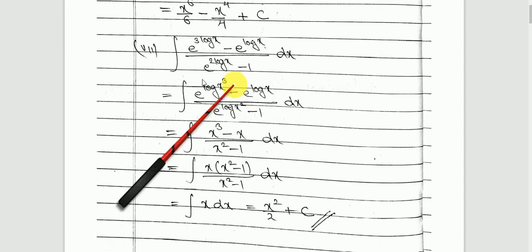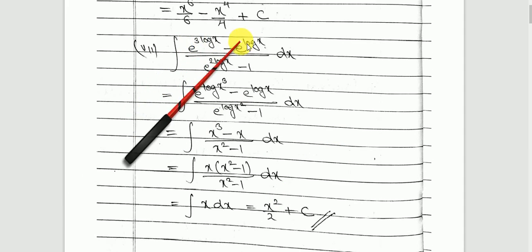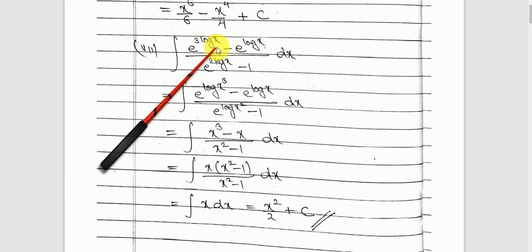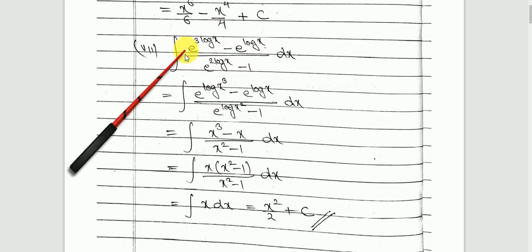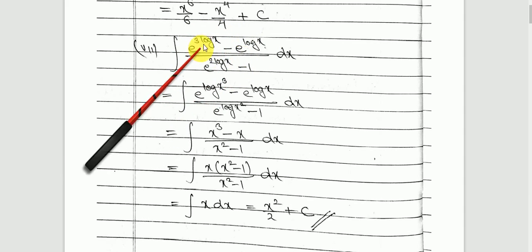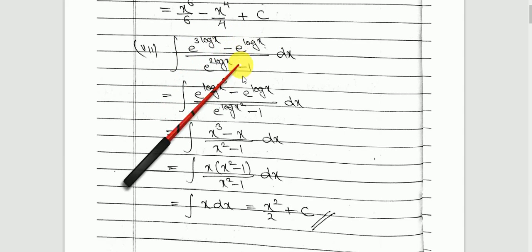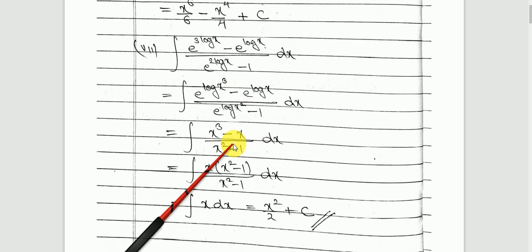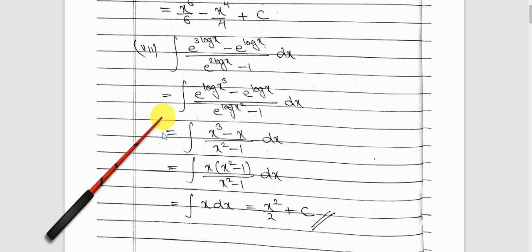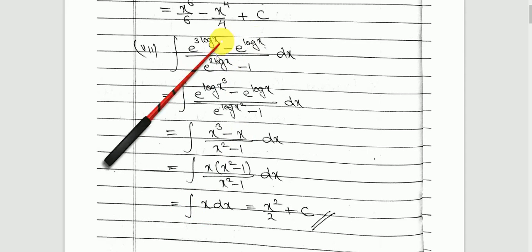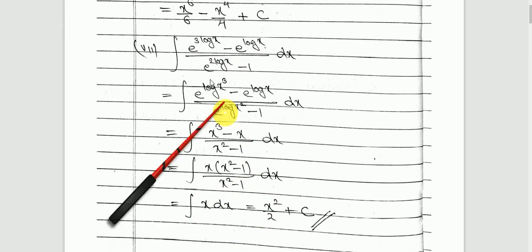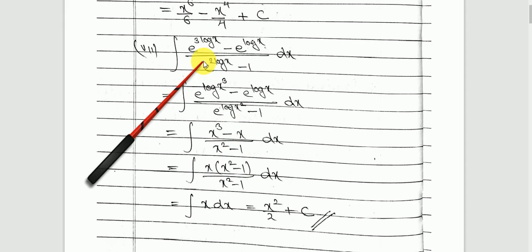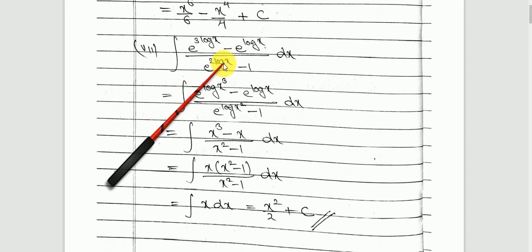So here you can make out that this was your question, you were supposed to integrate this. But since you didn't know any direct formula for this, you have to simplify and try to write this in terms of those terms whose integration is known to you. Whatever we have done till here, we were trying to simplify this, to write this in terms of this. At the end we came to know that this whole can be written as x, and I know that integration of x is x square upon 2. So for integration you have to remember all the formulae, and you should be able to do this.